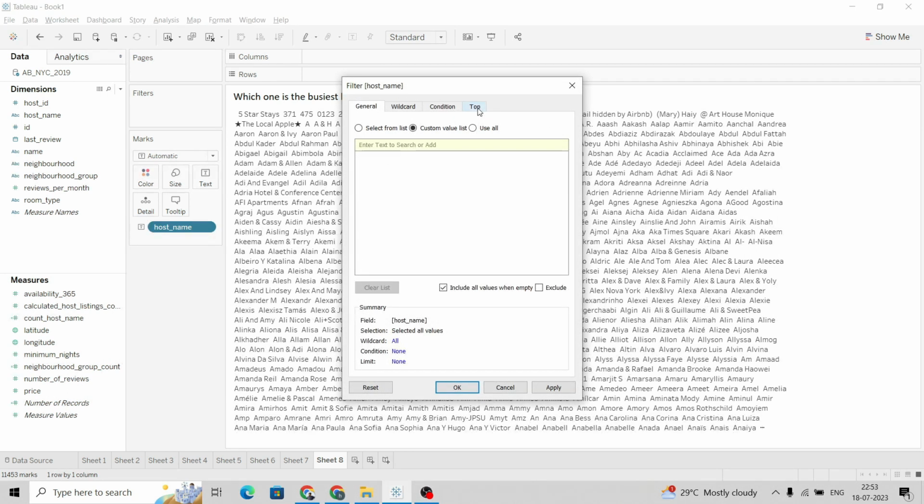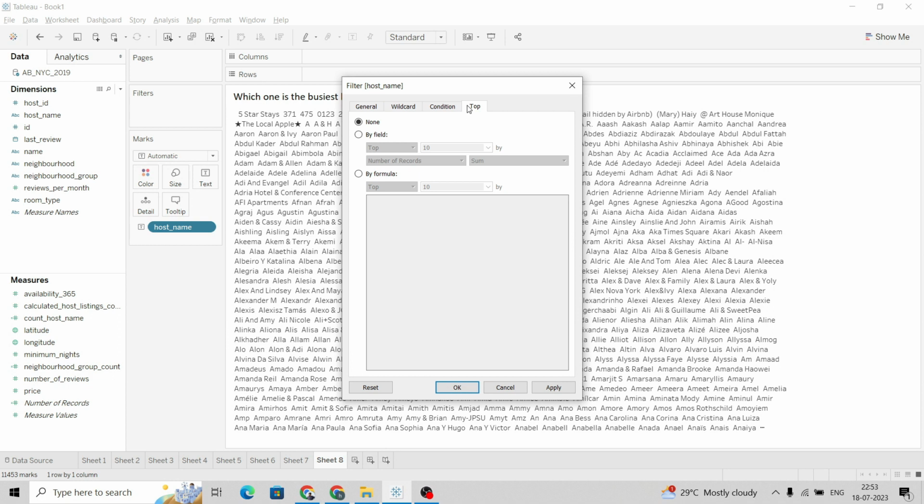As I told you, we are not taking the top here. Why? If we take the top values, out of 365, 360 is the highest value. That means that particular host is free all the days. So he's not busy. So we'll take the bottom values, let's say bottom 5 hosts,